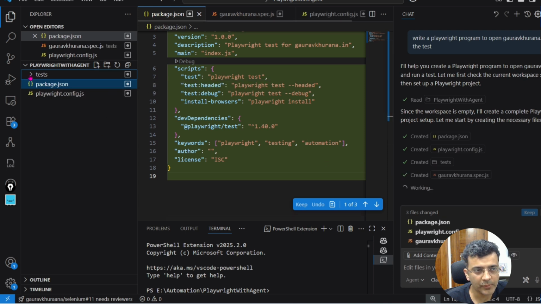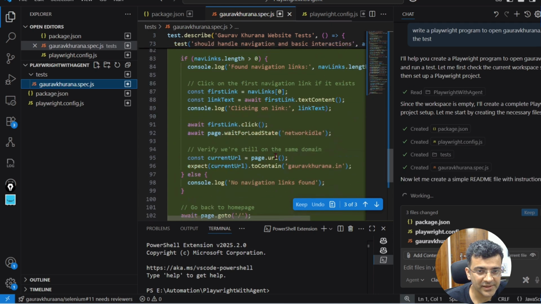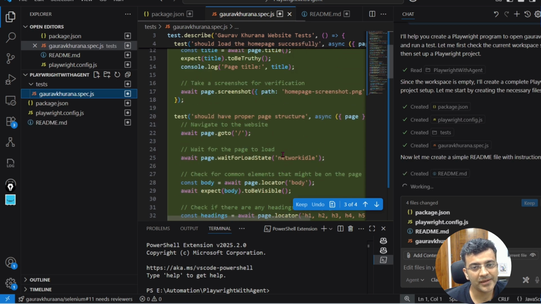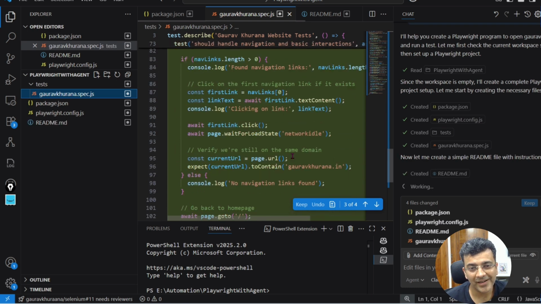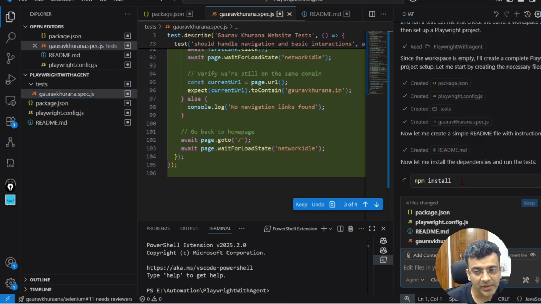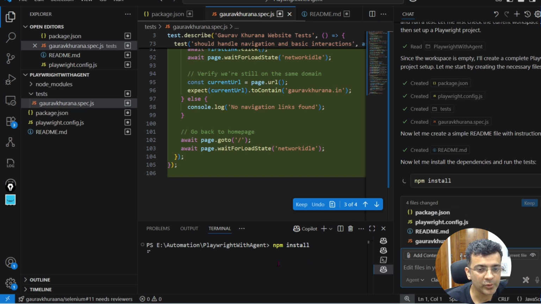Okay, now we have the test file as well. Here we are seeing that more than one test has been created. So there you get an extra thing, that edit mode just tries to do the basic things that are there. Right now, I am getting a command to run. What it means is that this agent mode is able to interact with various parts of the system. It is able to give a command here in the terminal, though it asked my permission.